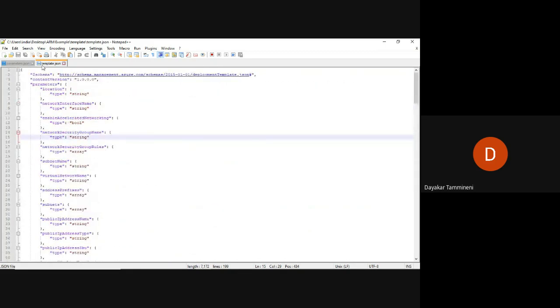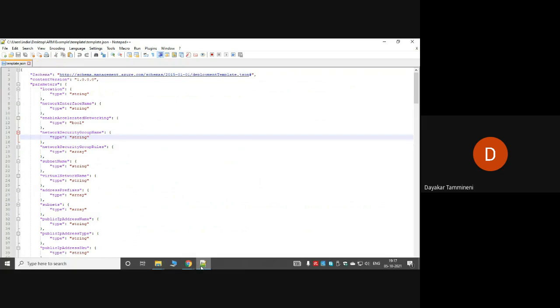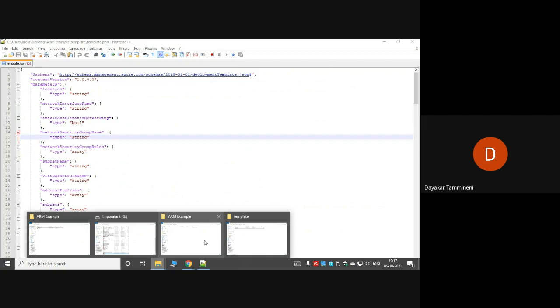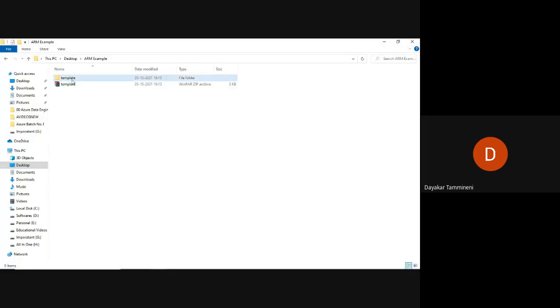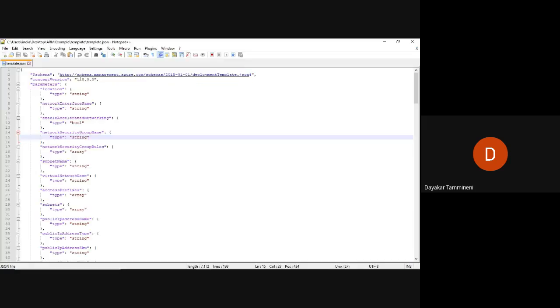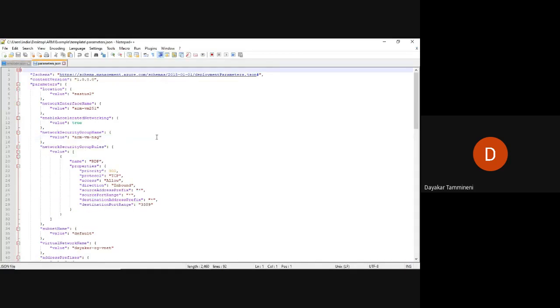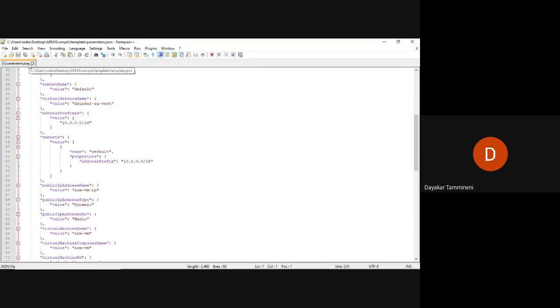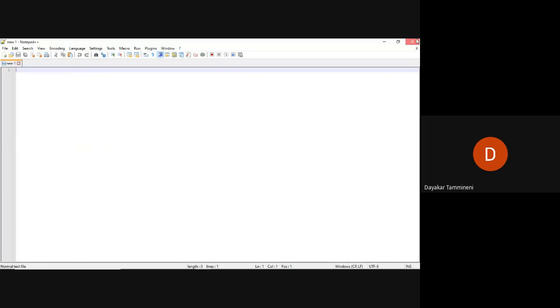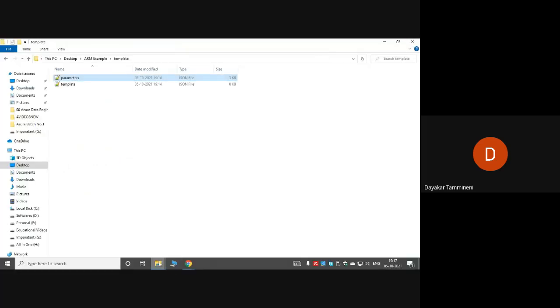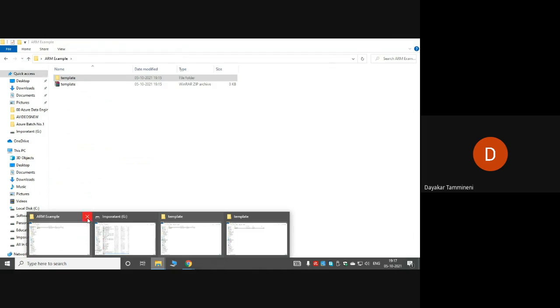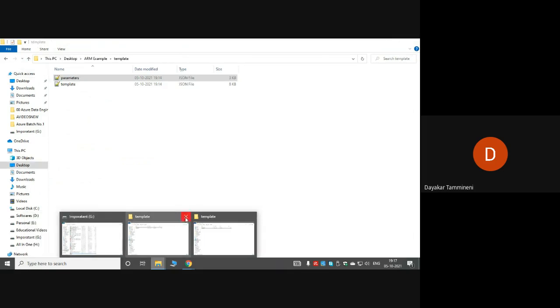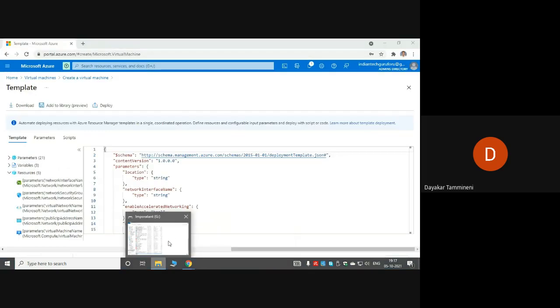Okay, so this is the template.json file. Now one more file is there, the parameters file. So this is the parameters file. We have opened these two files: template.json file and parameters.json file.